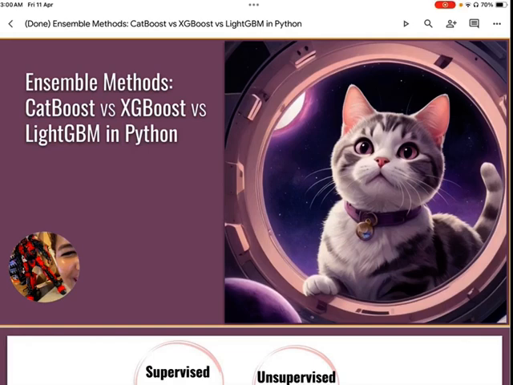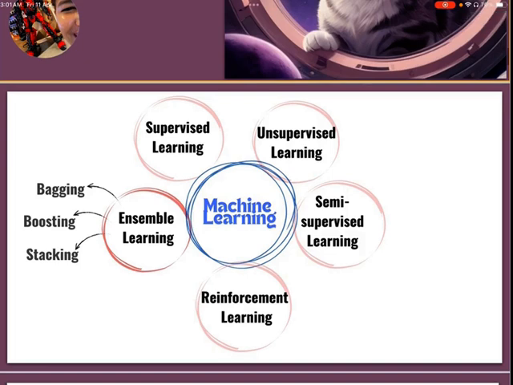Ensemble Methods, CatBoost, XGBoost, and LightGBM in Python. Let's get started. These are winning algorithms in Kaggle competitions, and it's not a secret, these three techniques are so good with structured tabular data, and in this video I will break these three techniques down, but let's first dive into